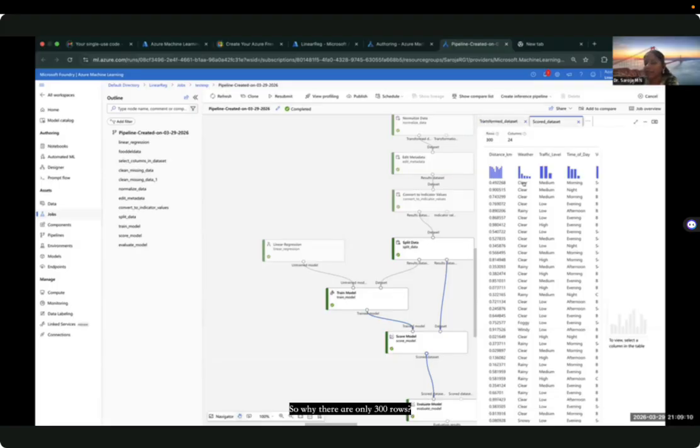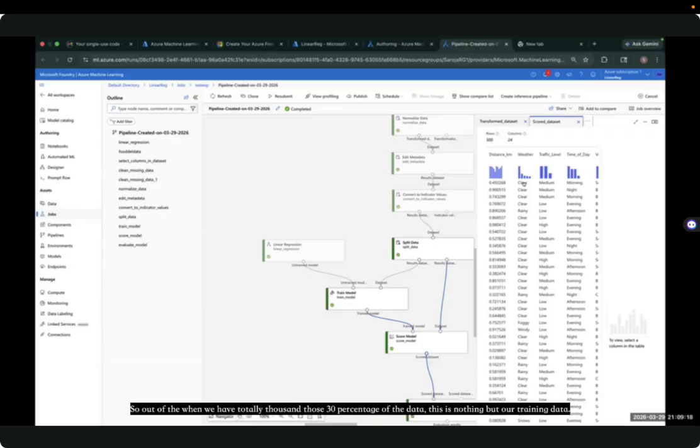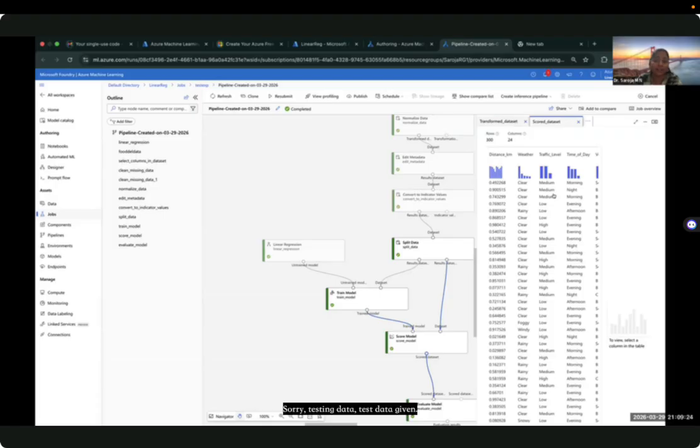So why are there only 300 rows? Yes, Jeff, that's 30%. We have totally 1000 rows, and 30% of the data is nothing but our testing data, which we have given. So for the test data,